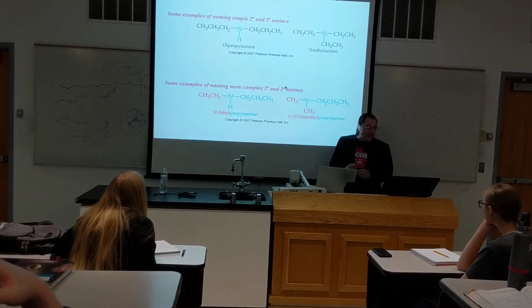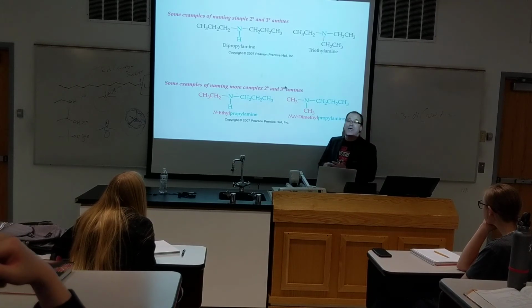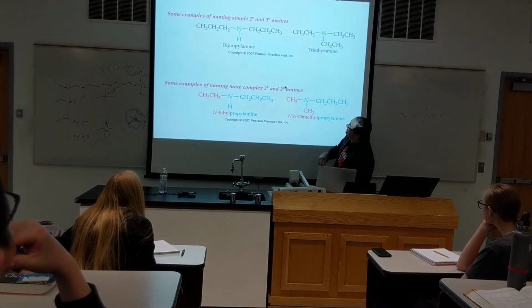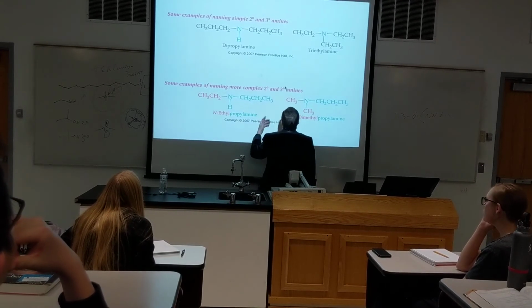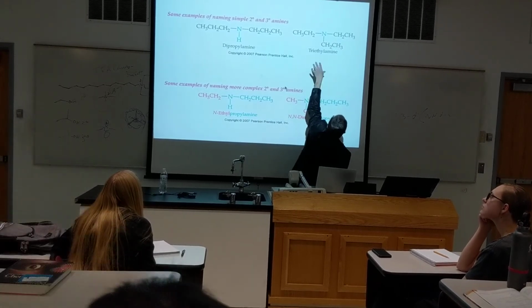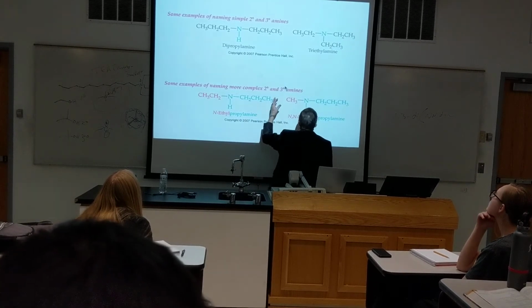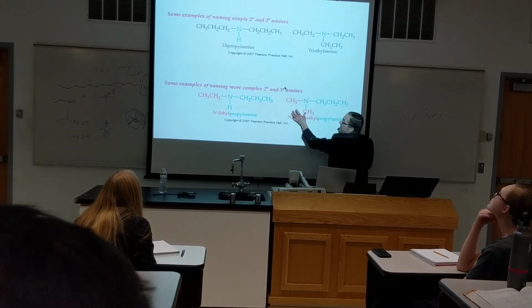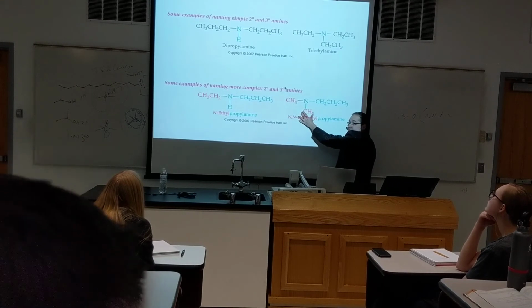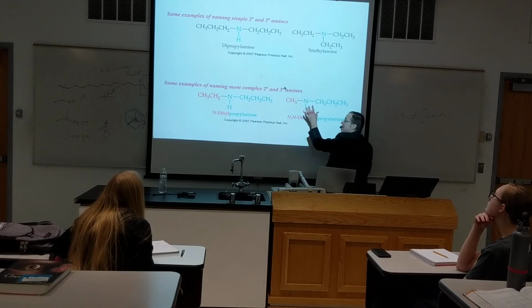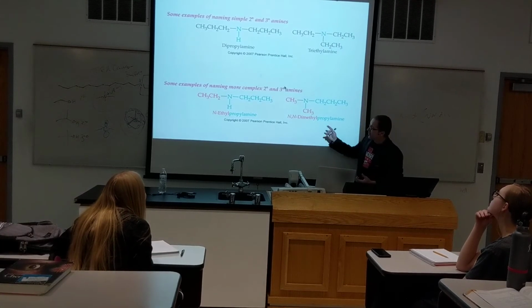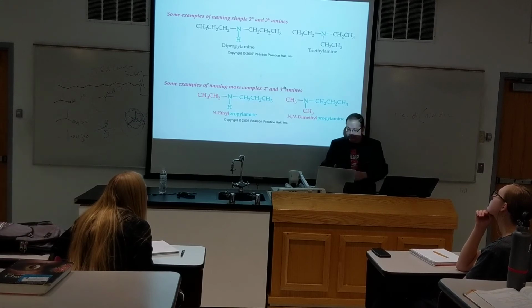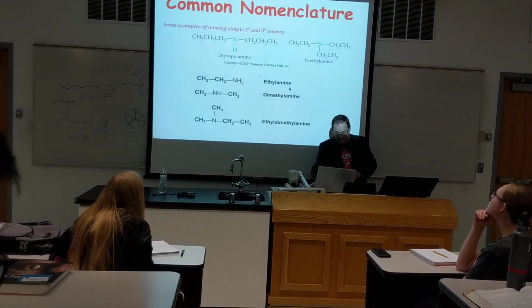So this is really, I would imagine, what to expect: just examples of an N-ethylpropylamine, or a triethylamine. If I have two groups on here, what if one was an ethyl and one was a methyl? Then it would be N-ethyl and methyl, right? Because ethyl comes first alphabetically, and I certainly think that's viable, but they're just showing you simple ones.